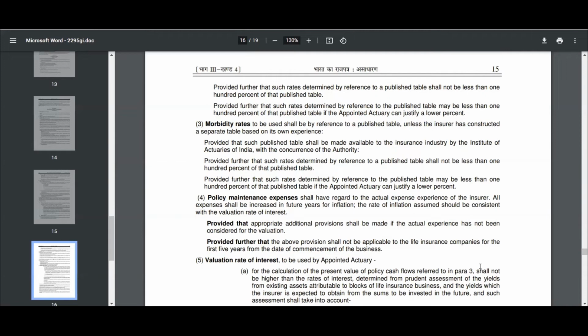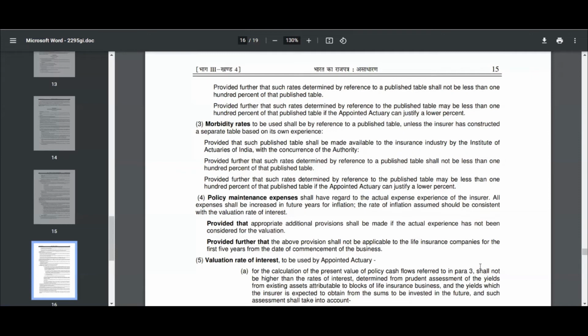Finally, coming on to the valuation rate of interest, which is one of the most interesting things. When I was a student, I was very interested in understanding how the valuation rate is determined. And trust me, there is no book where it is given. Some say, like I mentioned in one of my sessions, that market consistent value liabilities are discounted at the risk-free rate. I always wondered why it would be discounted at the risk-free rate, why not at another rate? There are different theories, but what I understand is that market consistent valuation uses the risk-free rate.